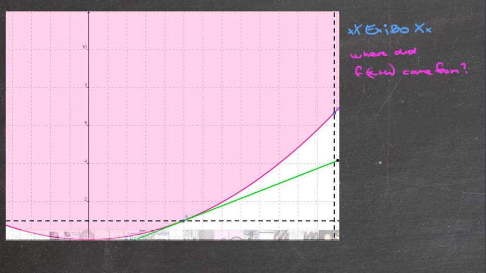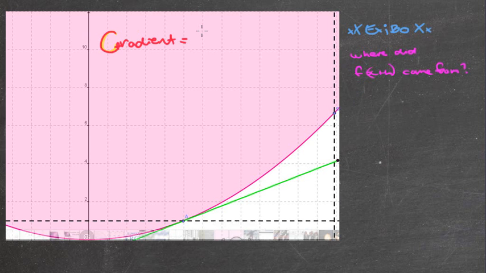Where did f of x plus h come from? So with calculus, we know that we're trying to find the gradient of a curve, and the problem with the gradient of a curve is that it changes at each point. So what we want to do is come up with a general formula, and hence why we're using things like f of x plus h, because it's all generalized. If we're looking to find the gradient,